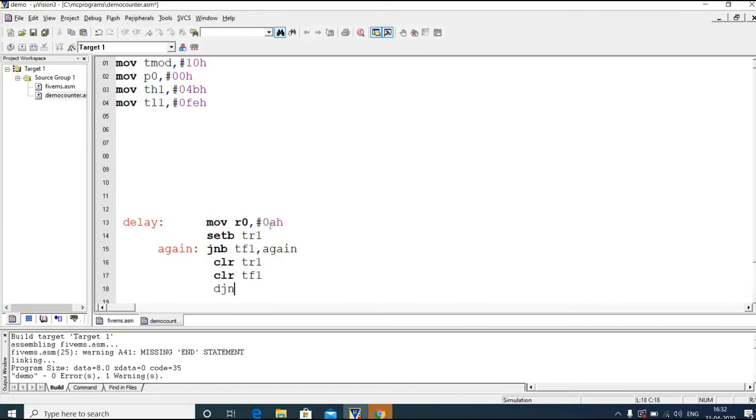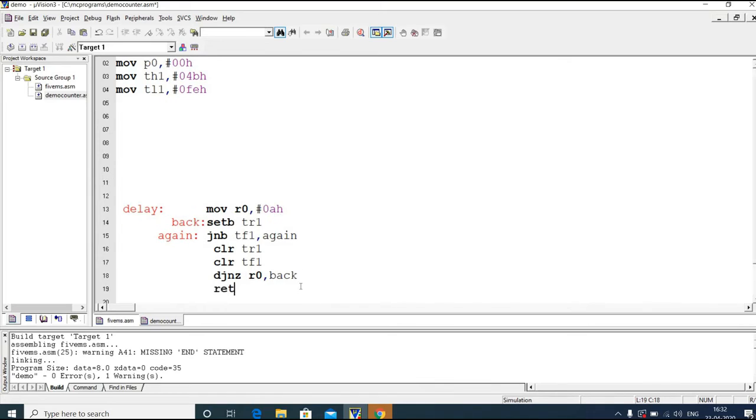For that we need to use the instruction DJNZ R0 comma back. Okay, right? So in this case, if it is not 0, then again it has to go back to this step by setting the TR1. Once it is 0, then that is the end of the program.